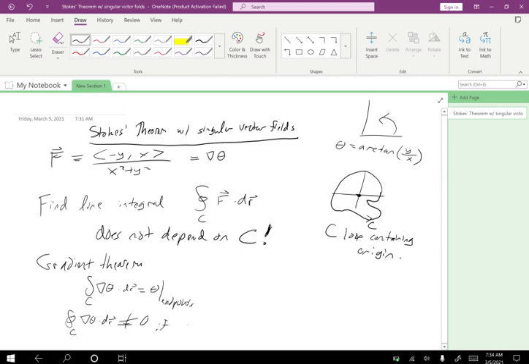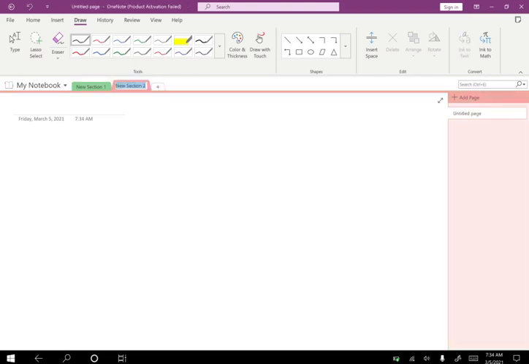if your region has a hole. And the origin is a hole, because at the origin the function blows up. So what you end up having to do to evaluate this is a line integral. But there are two steps here. One,